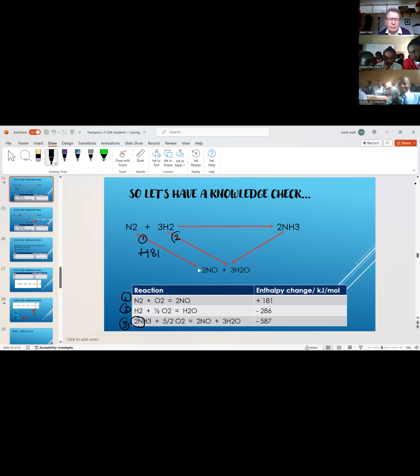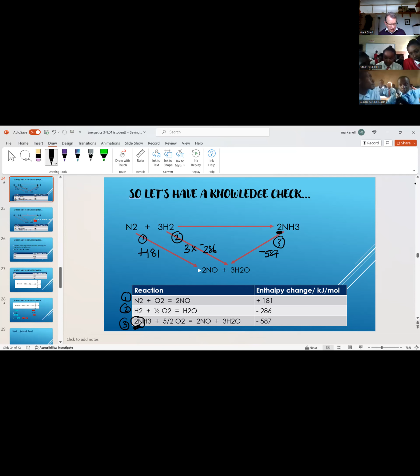This is this one, but because there are 3 of them, I need 3 times the amount of energy change, which is negative 286. For this one, equation 3, because it starts with 2 ammonias and 2 at the bottom here, we only need 1 of that energy,